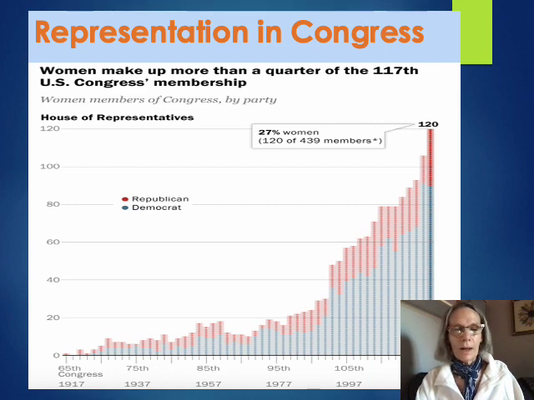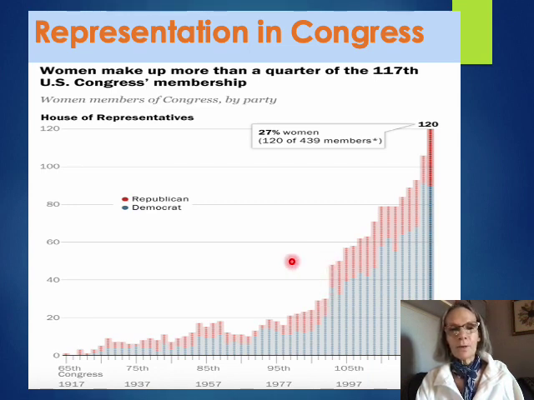I want to draw attention, and I'll put my magic pen on here, to this year right here. Here we see it's like a leap year, and it's a leap year for a reason. This is 1992, the first year that we saw 6 women elected to Congress at once. It was a huge deal. There had never been that many women elected at one time in a congressional election. Not only that, but it was the first time that one state, California, was represented by 2 women members of the Senate, Barbara Boxer and Dianne Feinstein, who's still actually in the Senate.